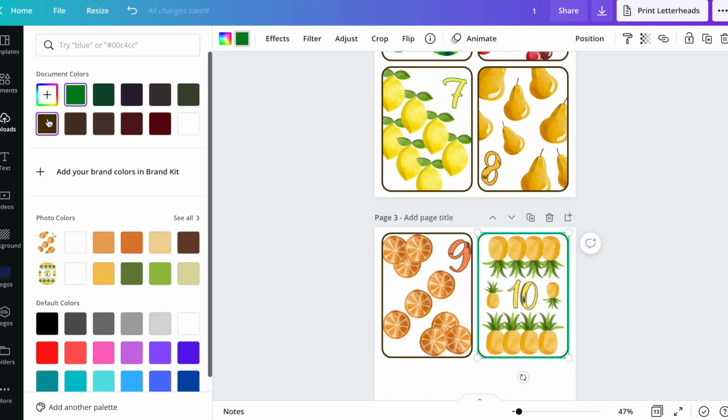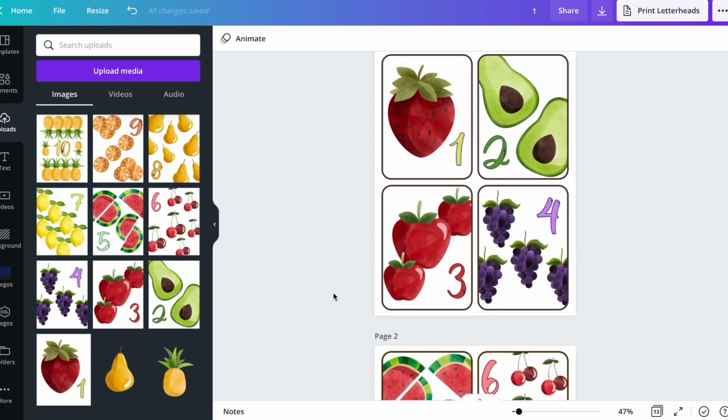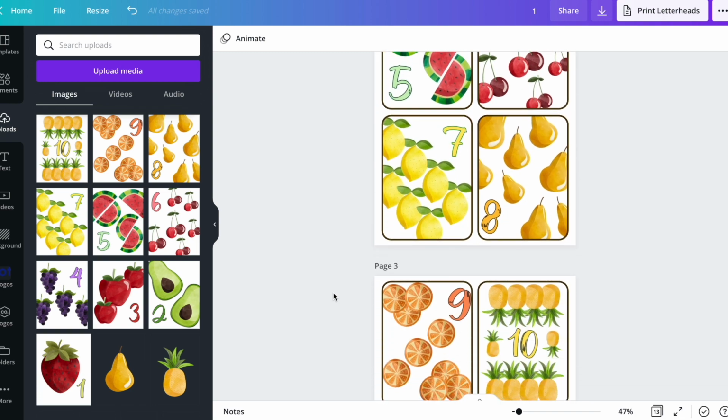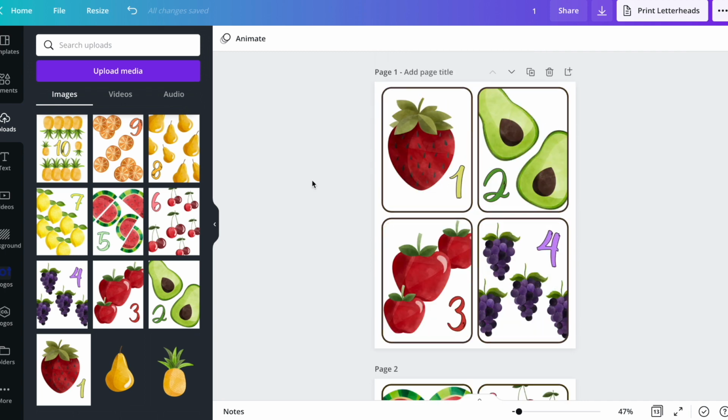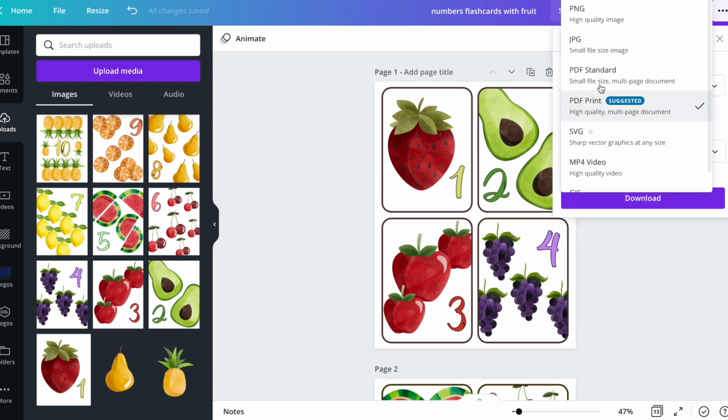I kind of like them. I kind of really do like them. You can also make them a bit different, like make them a bit smaller, change the spacing. And the way to sell them would be, first of all, let me just try and write down the name. So these are number flashcards with fruit, and I'm going to download a PDF file, a PDF print file of